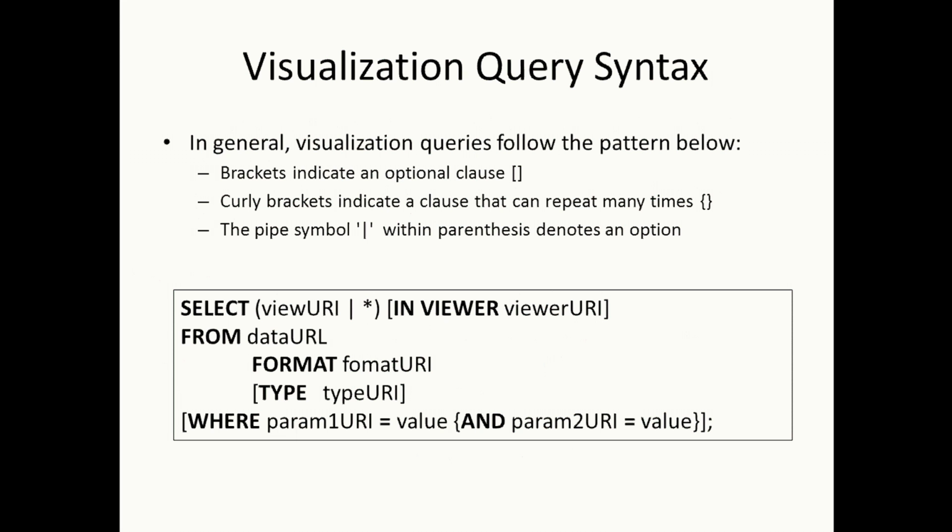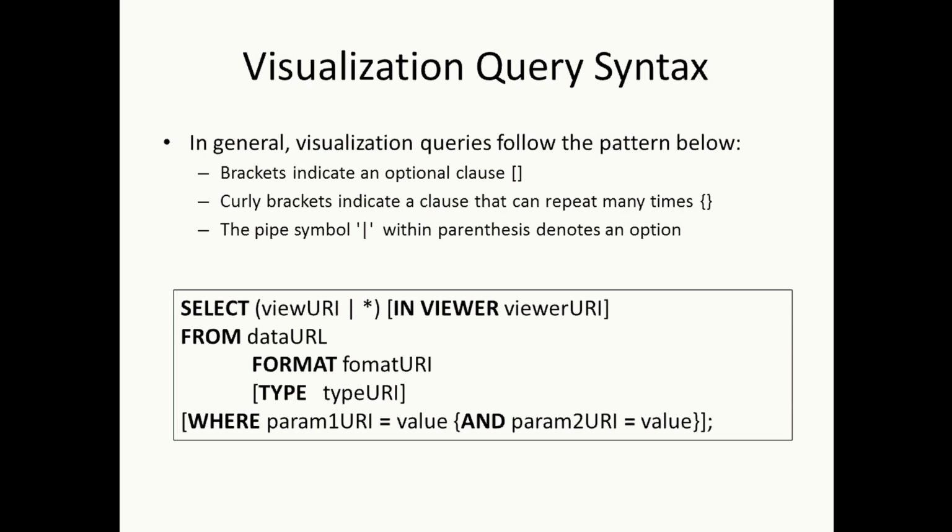In general, visualization queries follow the pattern below. Brackets indicate an optional clause. Curly brackets indicate a clause that can repeat 0 or many times. And the pipe symbol located within parentheses denotes an option. Provided the rules defined above, the pattern then reads, select a view URI or wildcard that should be presented using an optional viewer specified by viewer URI. Note the asterisk that denotes a wildcard or any view, requesting that the answering system should return any views it